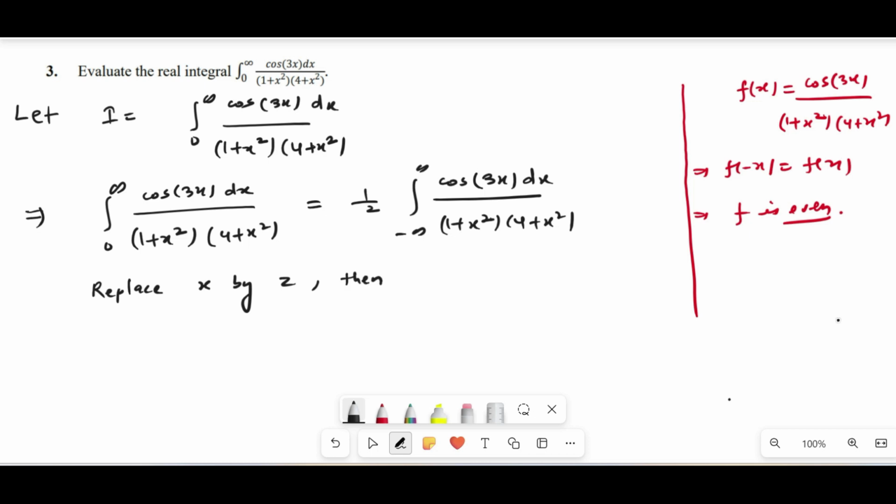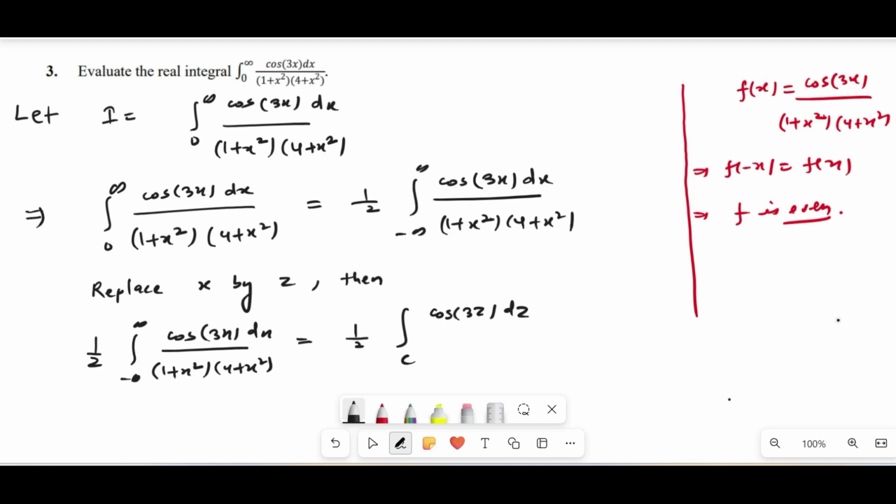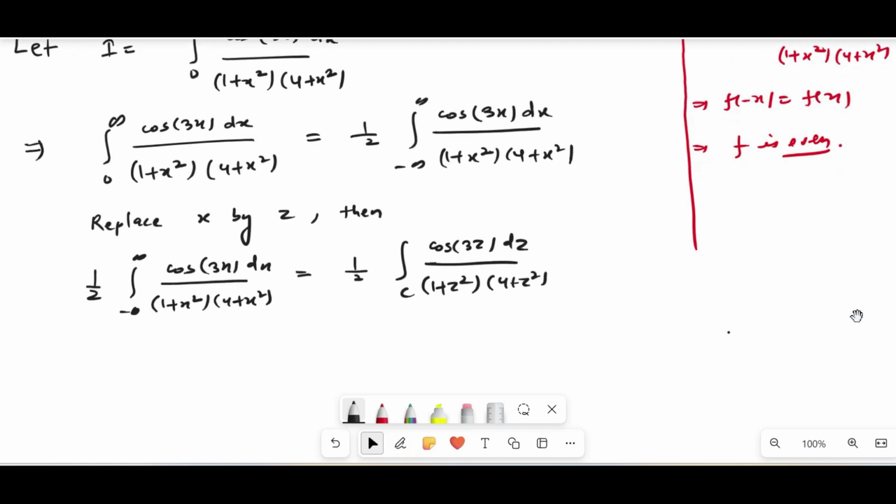Then half of the integral from negative infinity to infinity of cos of 3x dx over (1 plus x square) multiplied by (4 plus x square) is equal to 1 by 2 of the integral over the curve C of cos of 3z dz over (1 plus z square) and (4 plus z square). So as we can see that